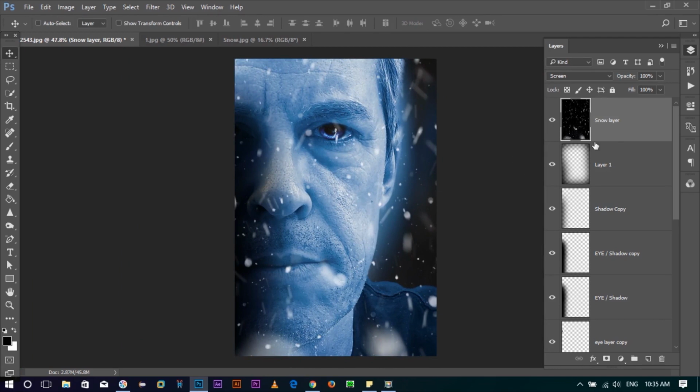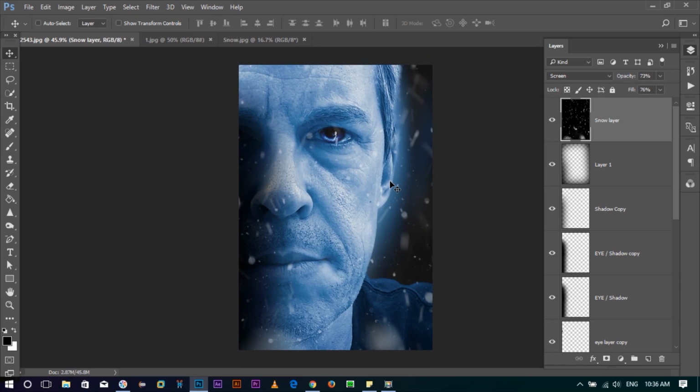Yeah, this is perfect. And then the next thing you are going to do is just lower the fill or opacity a little bit. Yeah, it is okay. And for the next part, we are going to play with more adjustments, and the final step that I'm going to show you is the final retouching of this tutorial, and it is very important